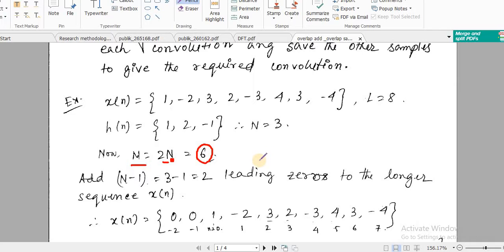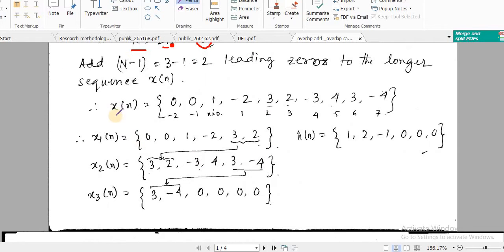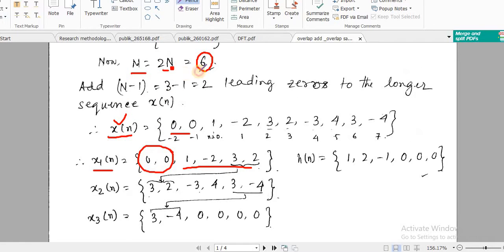Now how will we perform this? From x of n, the long duration sequence, will be decimated into smaller parts, and the first part is x1 of n. In x1 of n we add N minus 1 leading zeros, and then we take 4 samples from x of n such that the total length is 6, by this formula.